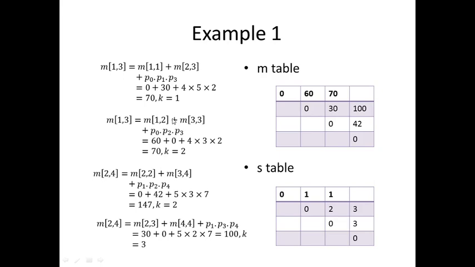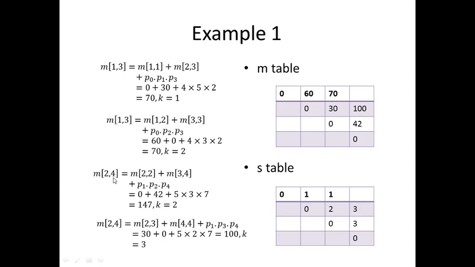These two are quite different. And what are their answers? Here it is 70 and here it is 84. You have to correct it. 60 plus 4 into 3 into 2, 4 into 3 is 12, 12 into 2 is 24, which is actually 84. And this is the least one. This will give you a more effective way. You group A2 and A3 together and multiply that first, then multiply A1 with that product. That means splitting is at 1, and the least number of multiplications required is 70.